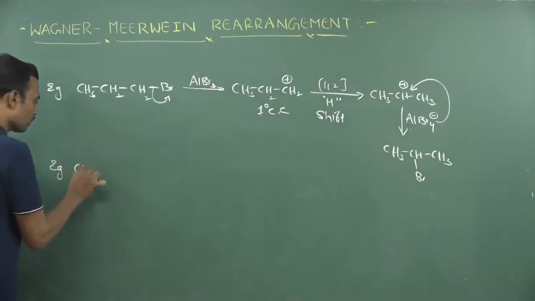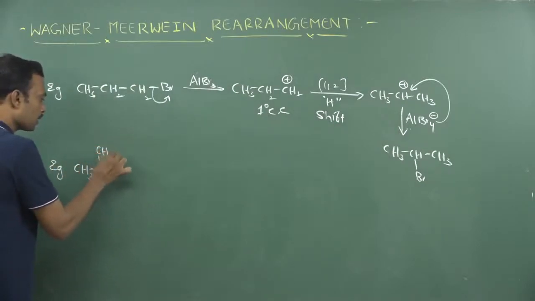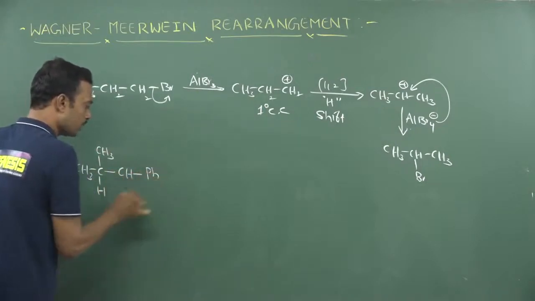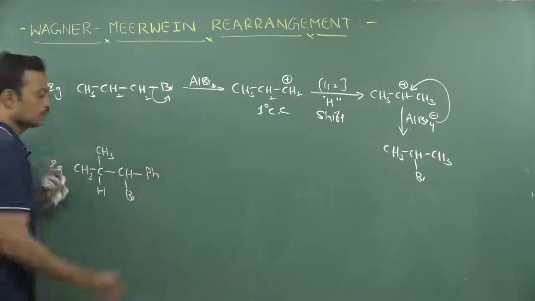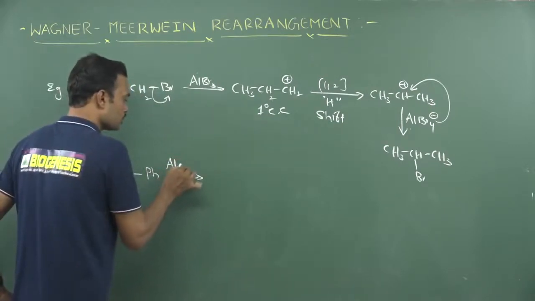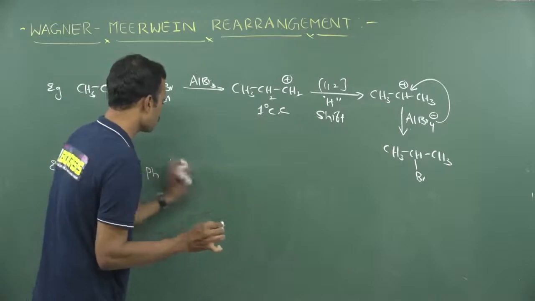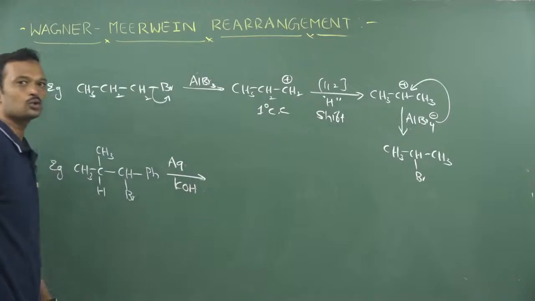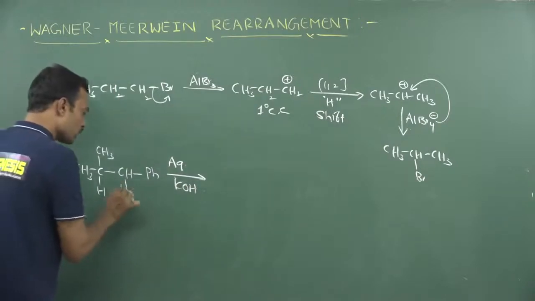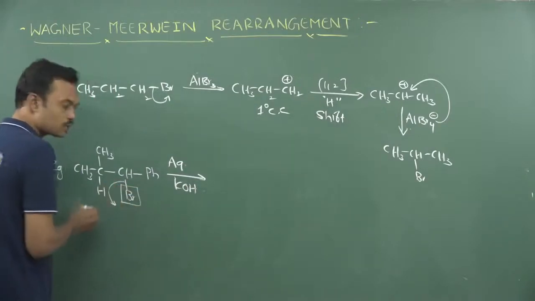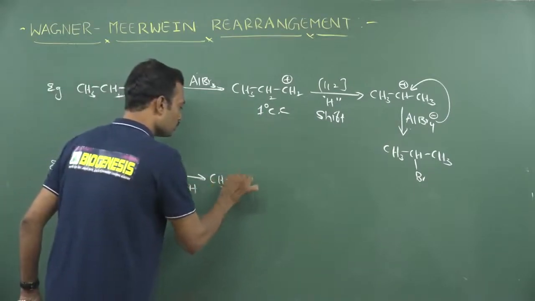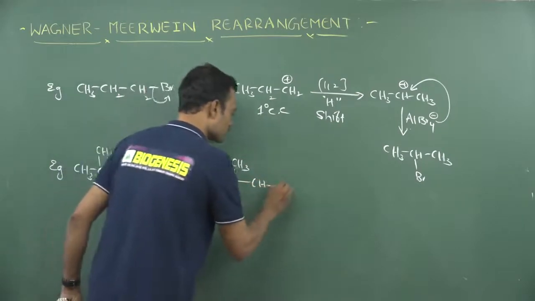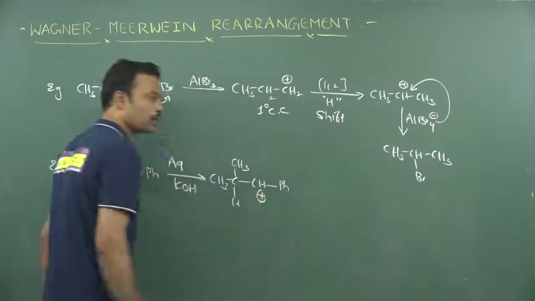Now you can go through one more example. See, this carbon carries only one hydrogen. In the same way, on this carbon there is a presence of phenyl, and here I am using a halogen. Now the same reaction I am using, that is aqueous potassium hydroxide. See, this aqueous potassium hydroxide is used for nucleophilic substitution reaction. Where this halogen is present on this carbon, first you remove this halogen. After removing this halogen, see whether we are getting a stable carbocation or not. CH2 followed by Ph. See, we are getting a carbocation.